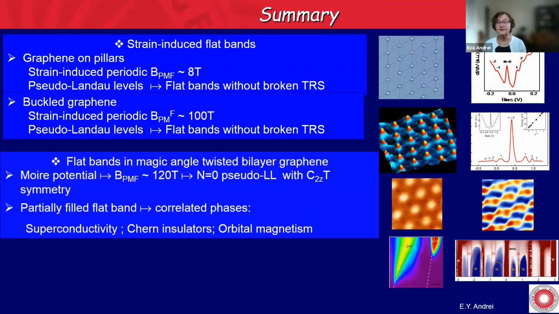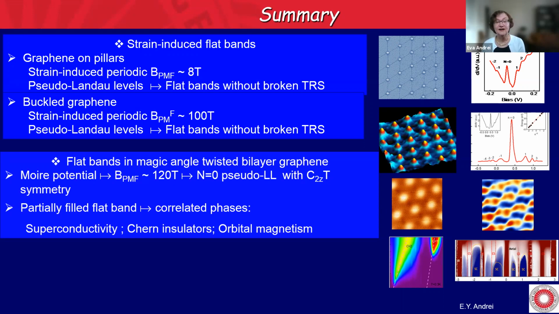And this brings me to the summary. So I've shown you that we can get flat bands by using strain. Graphene on pillars, we're able to get 8 Tesla with these pillars. And then buckled graphene, we get huge pseudomagnetic fields of about 100 Tesla, but not yet enough to give rise to superconductivity. When you have twisted bilayer graphene, you can create pseudomagnetic fields. They're about 120 Tesla, which are generated by the Moiré potential,